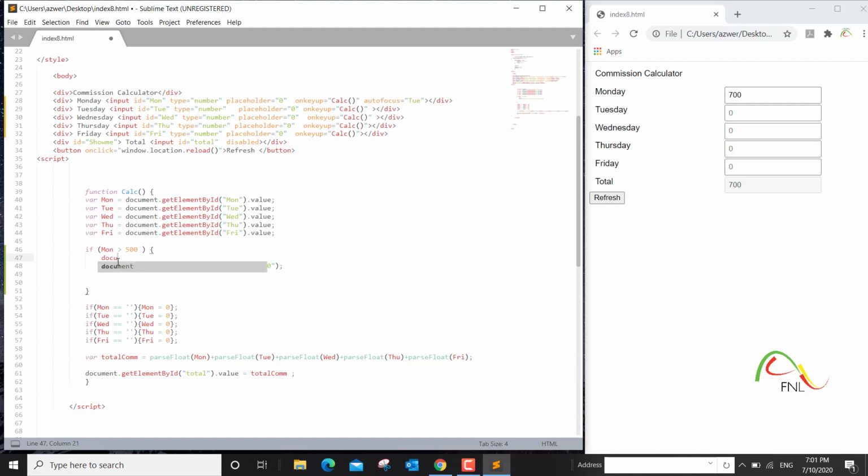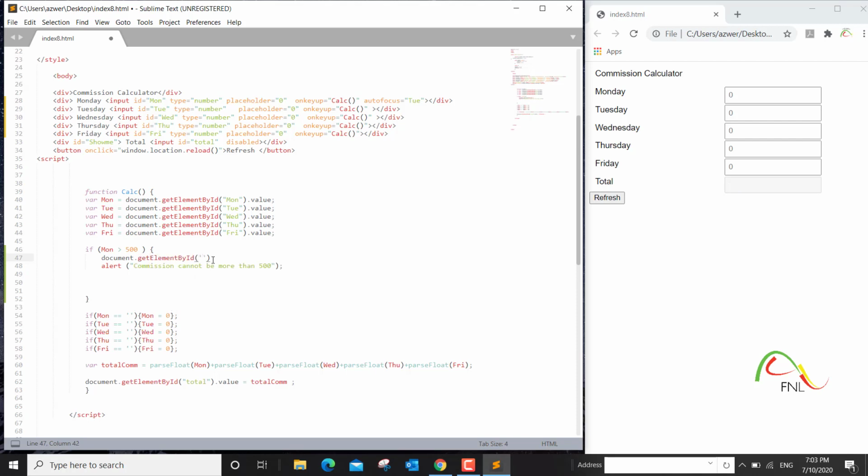I will say document.getElementById, target this variable, mon variable, and I will pick up the value of this variable, and I will change it to an empty string, a null value, and a semicolon.